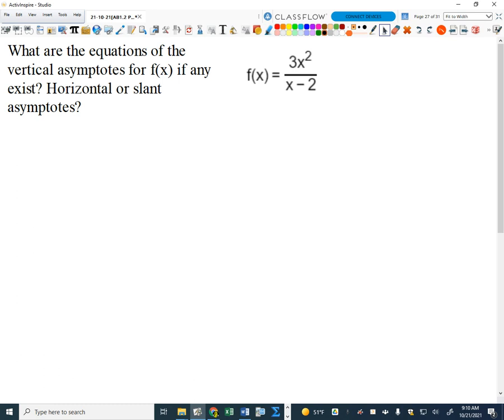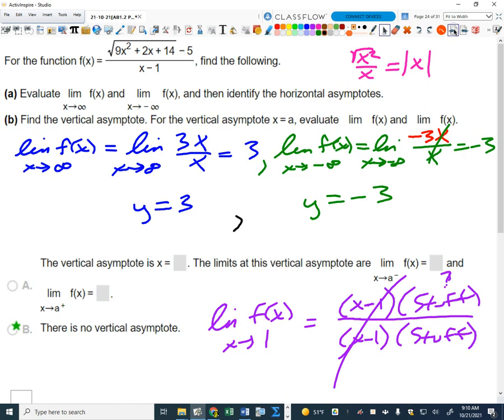Okay, Shay, how come you're right? You're right. Top's bigger by how much? By 1. Good. Okay, so remember, when the numerator is a higher degree polynomial than the denominator by